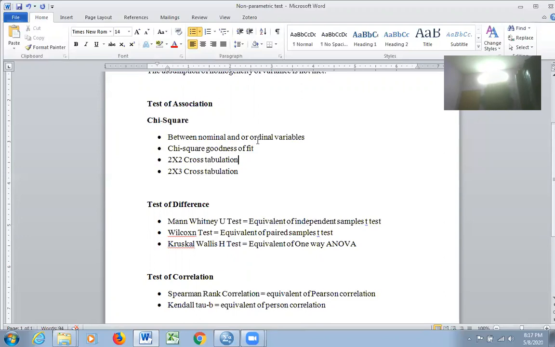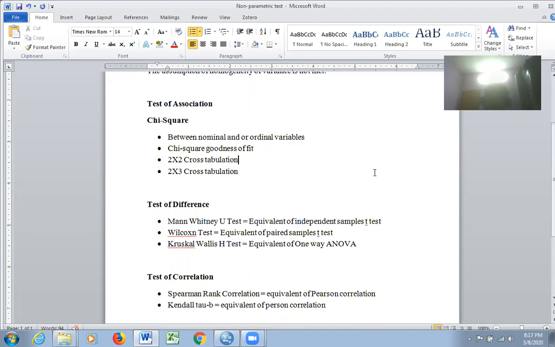And there is another nominal variable, for example, educational qualification, maybe up to 12th standard, UG, PG, MPhil, PhD. This is also nominal data. When you want to check whether there is any association between the gender of the respondents and the educational qualification, when both these variables are nominal, you can go for chi-square to test whether gender influences the educational qualification. Is there any association between gender and educational qualification?